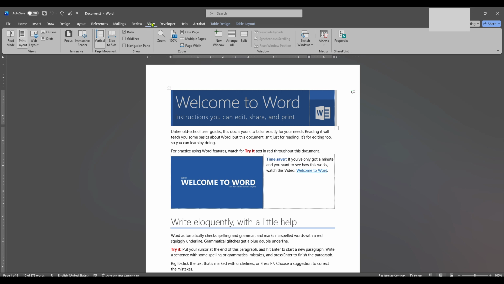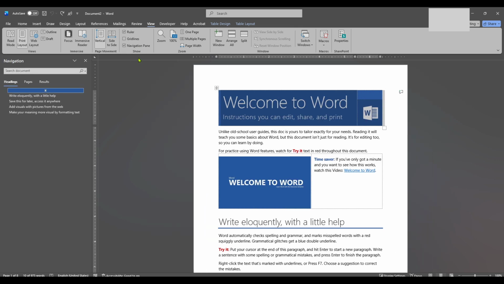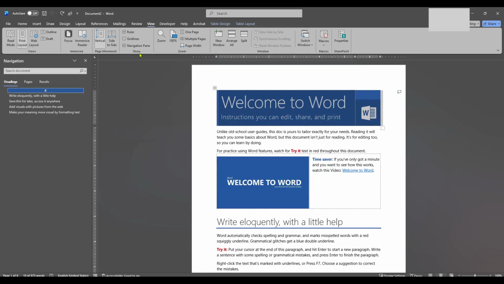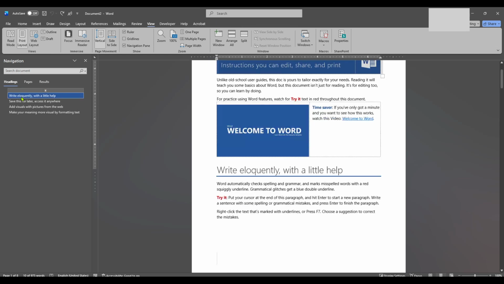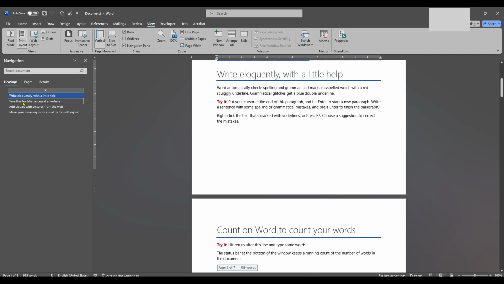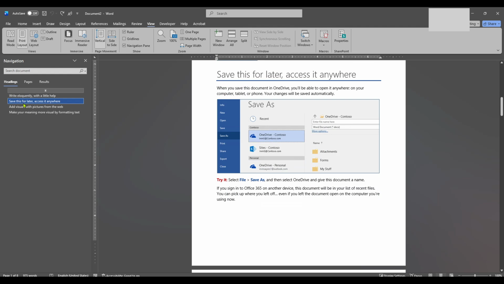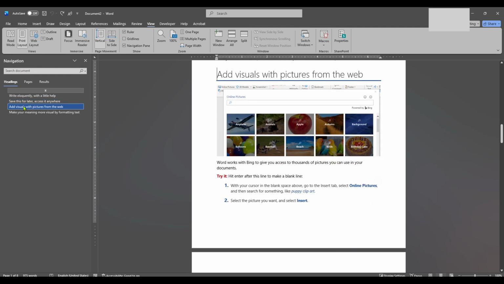Next, look for an option called Navigation Pane. You should see a checkbox right there. Click it to enable the pane on the left side of your Word window. This pane will show your document's outline if you have headings set up properly, which can significantly aid in navigating through sections quickly. The navigation pane is a powerful feature that enhances the way you interact with your document, especially when working with long-form content.